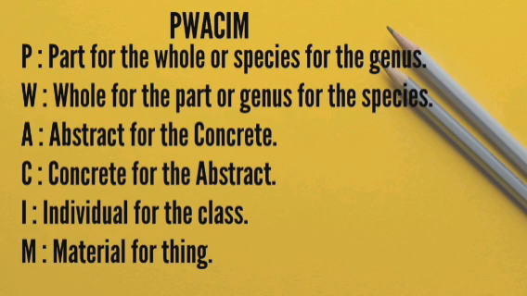Okay, the last variety of synecdoche is M. It is referred through M. It means material for the thing. Okay, the material for the thing made. Okay, here the thing that is made of a particular material is meant. Okay, though the very material is mentioned. Okay, the material is mentioned, okay, but the thing will be referred. Clear? For example,